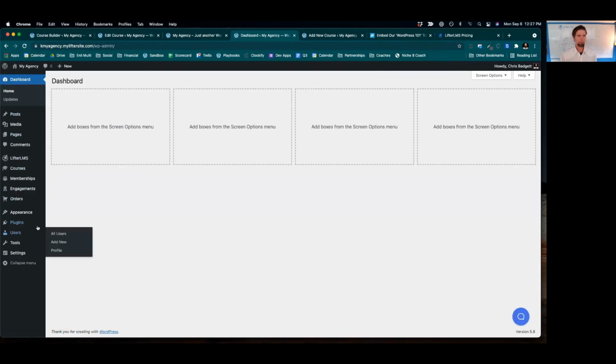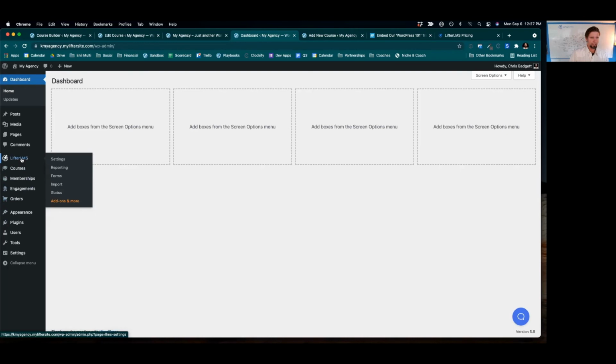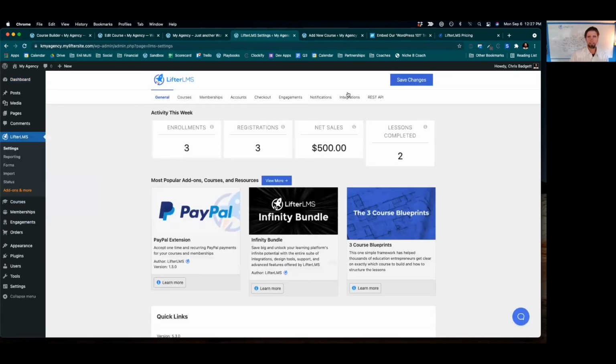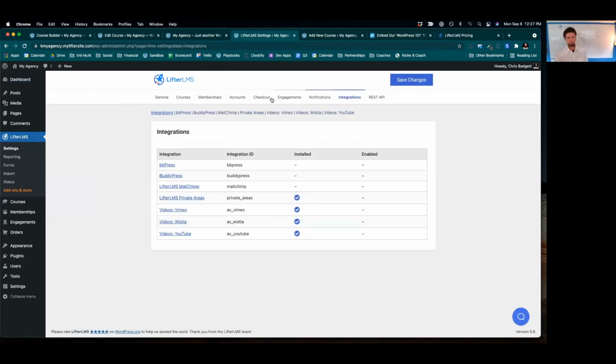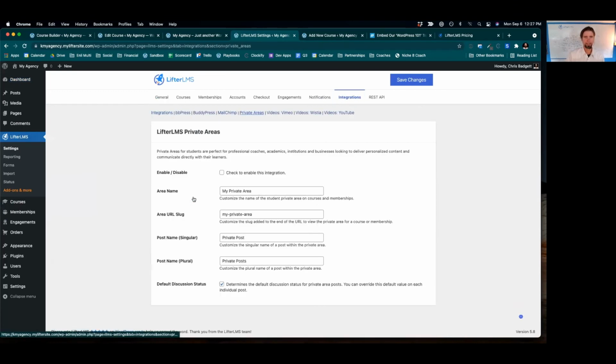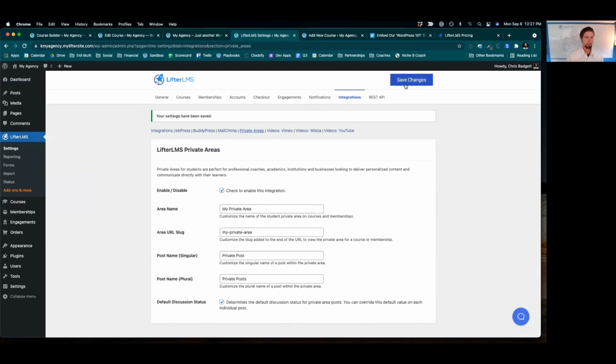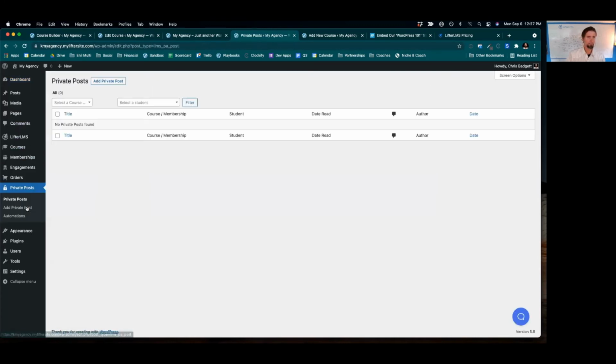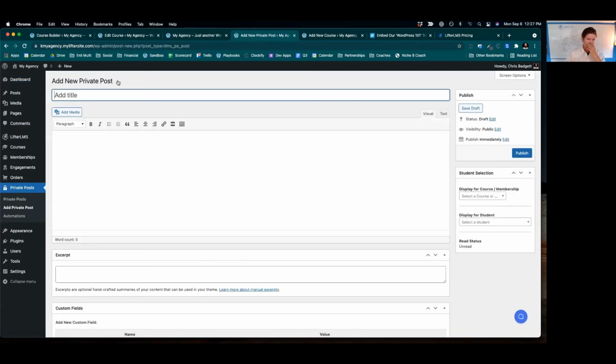And then to show you just a few more things inside of Lifter. If we go to LifterLMS settings, integrations, we've got private areas here. We're going to enable this, save changes. And what I want to show you next is this private post area here. So imagine we had a client